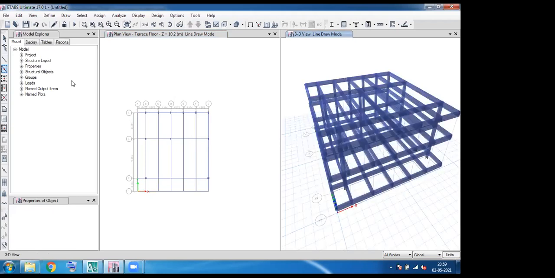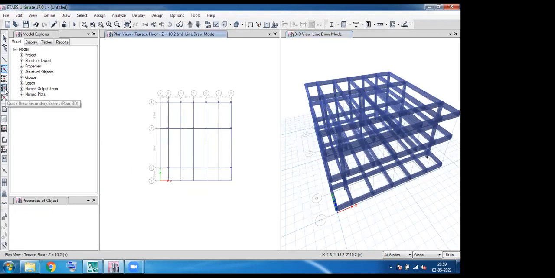Okay, so right now what I'm going to do is create the slab. For creating slabs, I'm going to choose the option called quick draw floor. See, quick draw floor. Under property, we are choosing slab 120 mm.